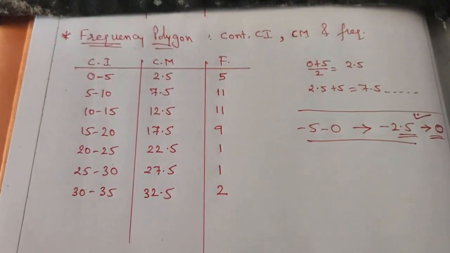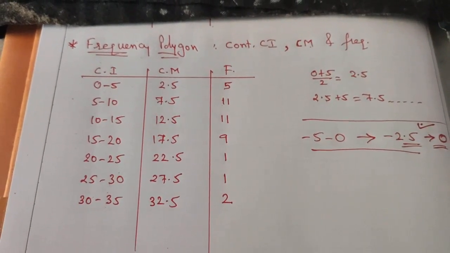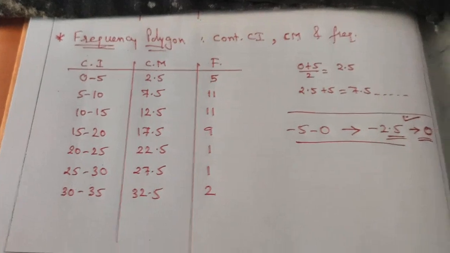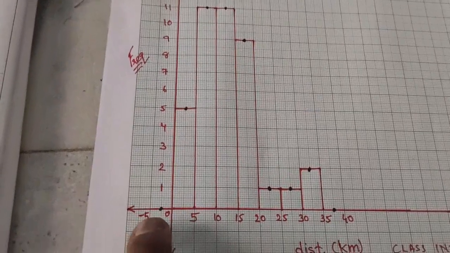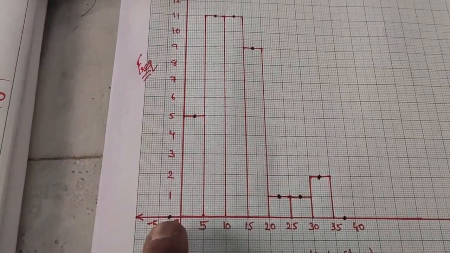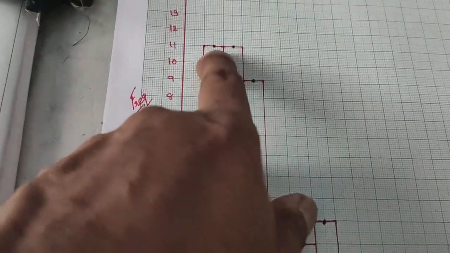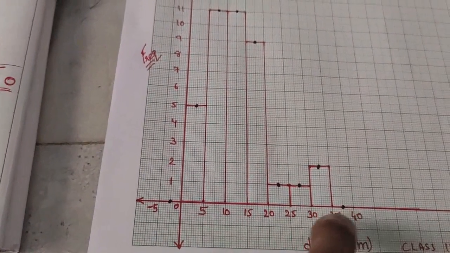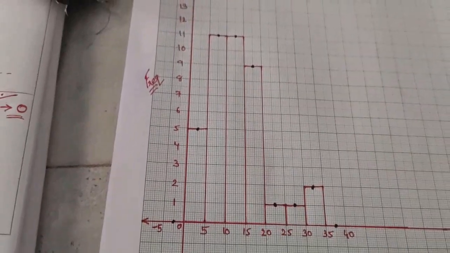So I'm going to draw the same sort of graph as the histogram, and it is pretty simple. After plotting the graph for the histogram, I just simply have to take the midpoints. So I'll show it to you here. Here the same sort of graph is there, but I have put the midpoint between 0 and -5 as -2.5, between 0 and 5 as 2.5, between 5 and 10 as 7.5, between 10 and 15 as 12.5. So likewise, the midpoints, the class marks, I'm going to write here in a black pen. So it will be like this.